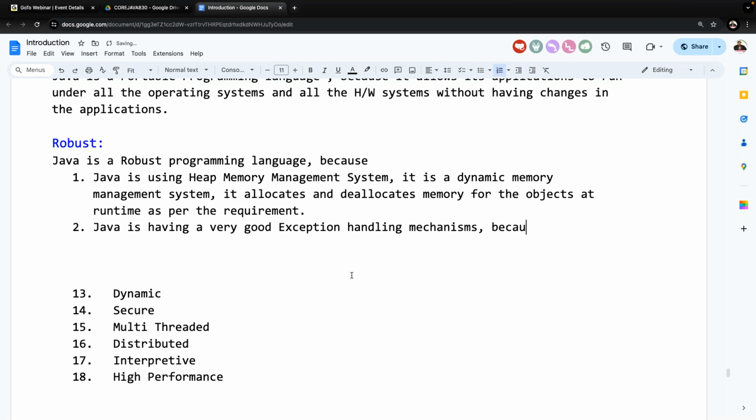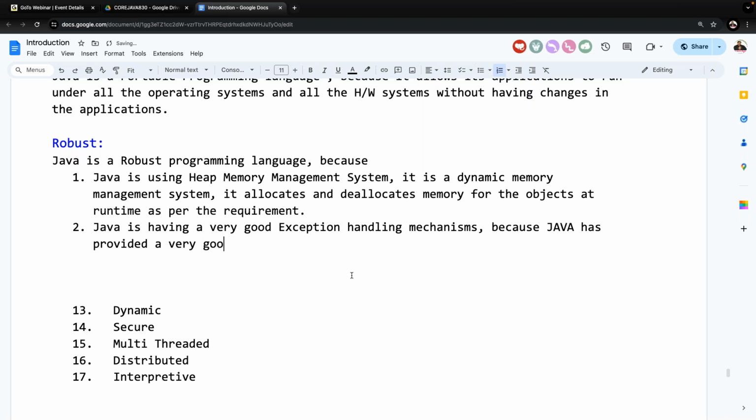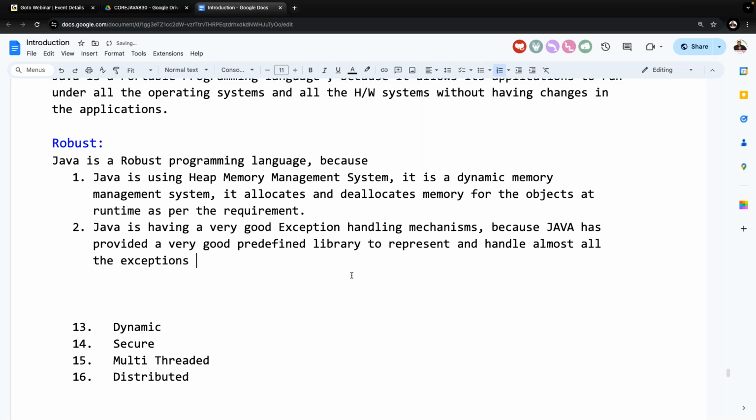What is the reason for it? Because Java has a very good predefined library to represent and handle almost all the exceptions which are coming frequently in Java applications.